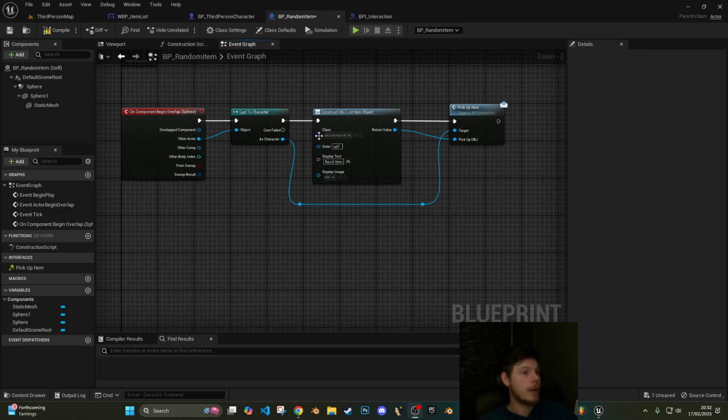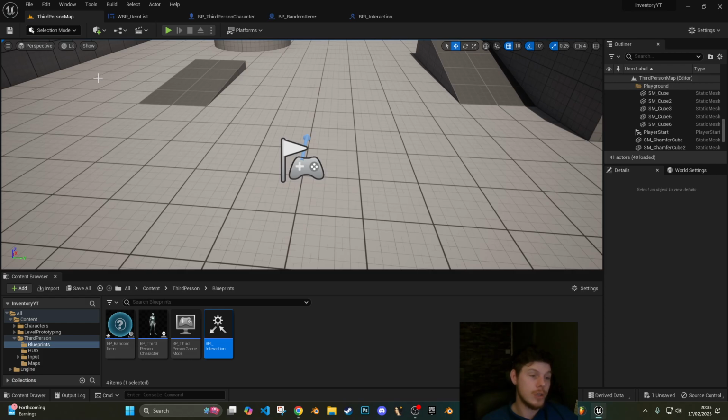Anyway, so what we're going to do is create a data table now, so we can create sort of like a list of things. There are a few bits and pieces that we're going to need to do here. What time are we on now? 20 minutes, that's fine. So I'm probably going to do a timestamp halfway through where we just change subject. So, data table. If you think of a data table almost like an Excel spreadsheet,